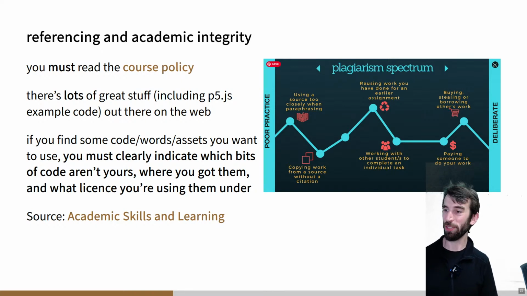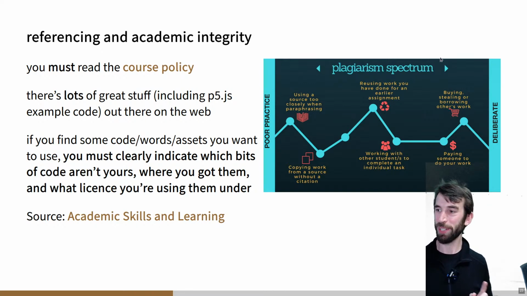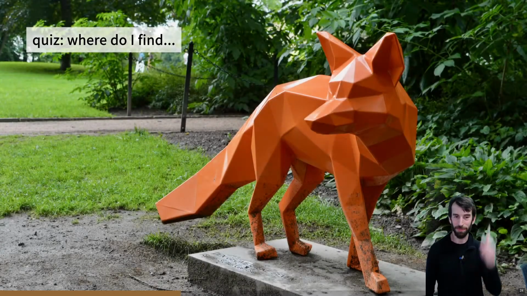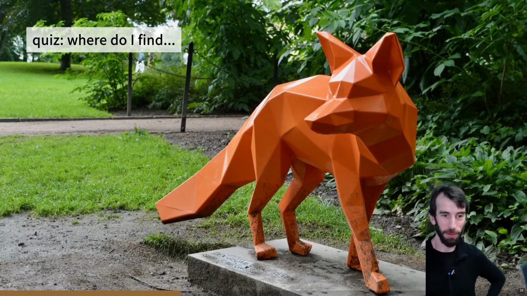I tend not to see too many very bad kinds of plagiarism, like buying, stealing, or borrowing others' work, paying someone to do your work. I'm sure that that happens sometimes. When I catch it, it's a very bad scene, but what I'm more likely to see is folks just misunderstanding what they need to reference. It's something we need to get right from the very first assignment. So that's this slide. Now, hot quiz, first exam worth 0 marks.